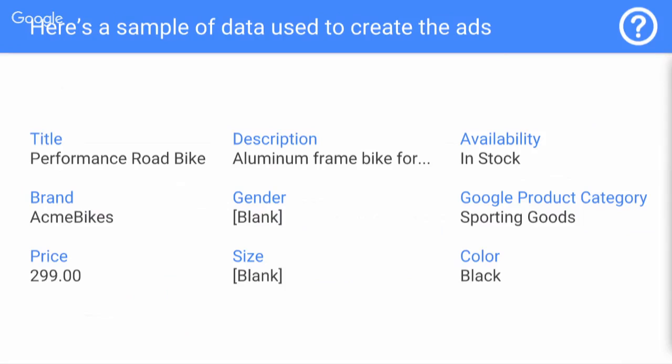So all of this stuff filtered in to create the ad. Now you might start to see a couple things that might be wrong, right? We can see that the gender and the size are both blank. Now I know you guys might be thinking, well, I don't know if it's a lady bike or a man bike. I didn't look under its undercarriage, right? No, that's not what we mean.